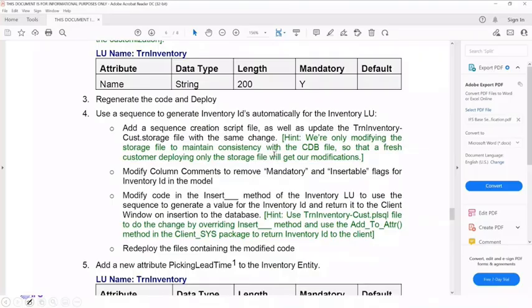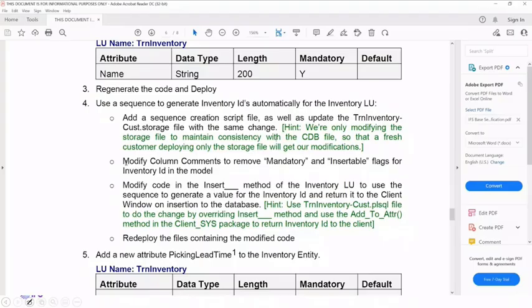And the second point is mentioning that we need to modify column comments to remove the mandatory and insertable flags, to take care of the situation of the inventory ID in the model. So we'll try to see how we can do that as well, how to take care of that part. And then